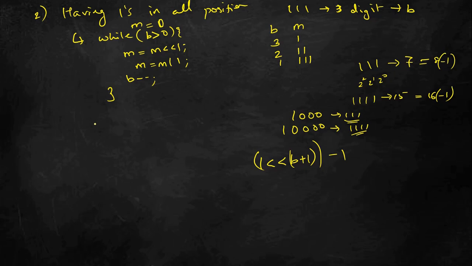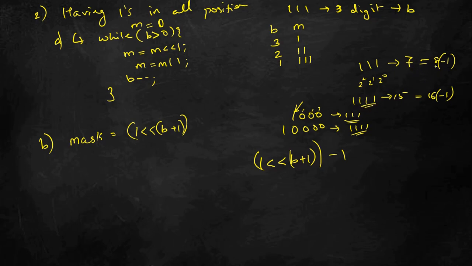So how we can get all ones is, if b is the number of bits, so this is my a and this is my b, I will do mask equal to left shifting 1 by the number of bits plus 1, and then minusing it with 1, this whole thing. So I need to do bit plus 1. Once I left shift this by b plus 1, I need to do a minus of 1, because 1 followed by 4 zeros will give me 16, and 16 minus 1 is 15, that is what we want, 4 ones.